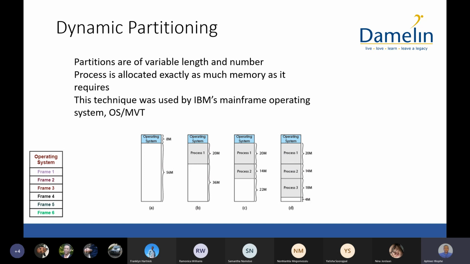And what does that lead to? It leads to external fragmentation, because now if, in this diagram D, maybe process 1 times out, or it's idle, so now we have 24 megs of space left, but you can see there are